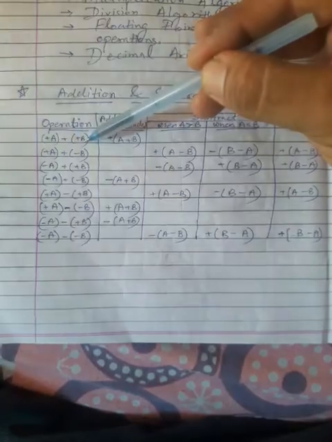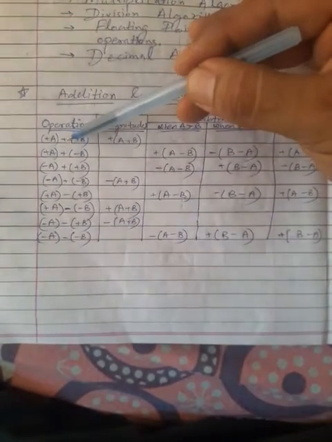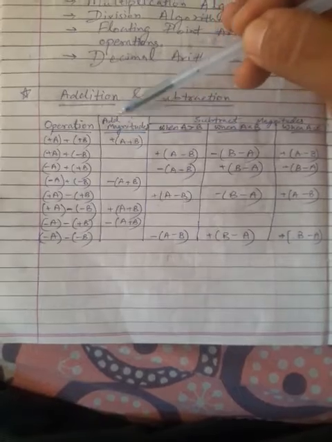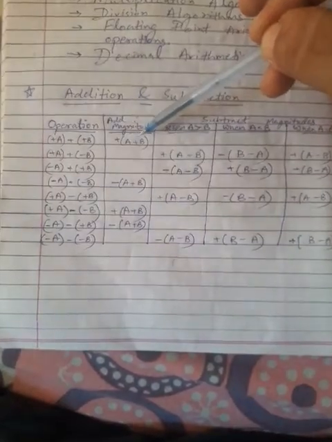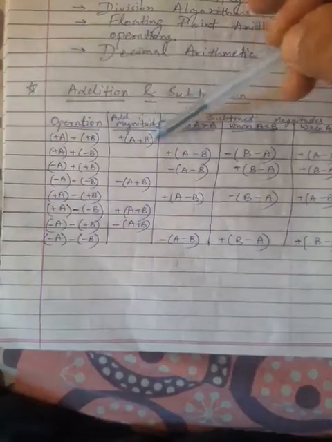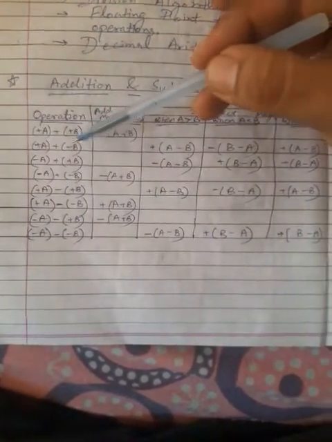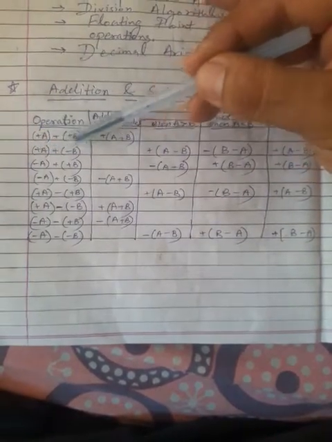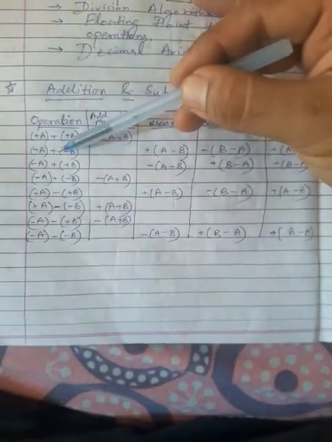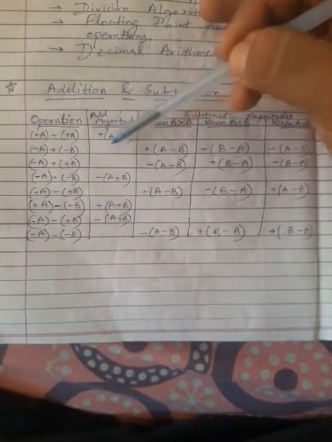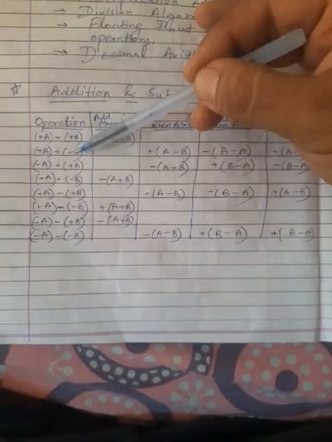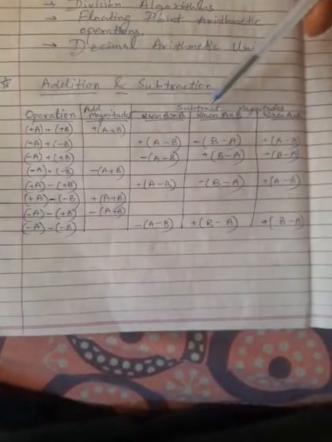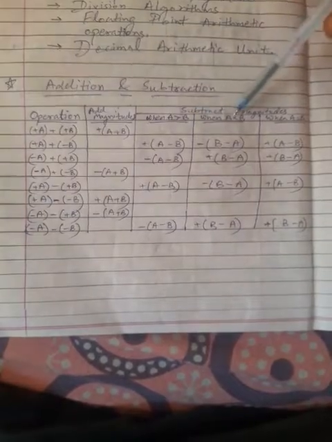Now suppose two numbers are positive and the addition is given in between, so only addition is happening here. That's why it is given in add magnitudes, that is plus a plus b, and inside the bracket the positive number will be there. Now suppose one number is positive and the next is negative, with addition in between. Because of the minus sign, subtraction will happen, so it will go to subtract magnitudes. So here the three conditions are there.